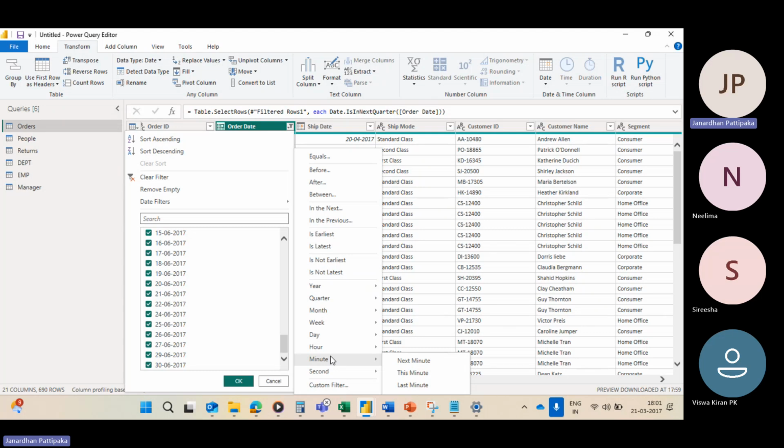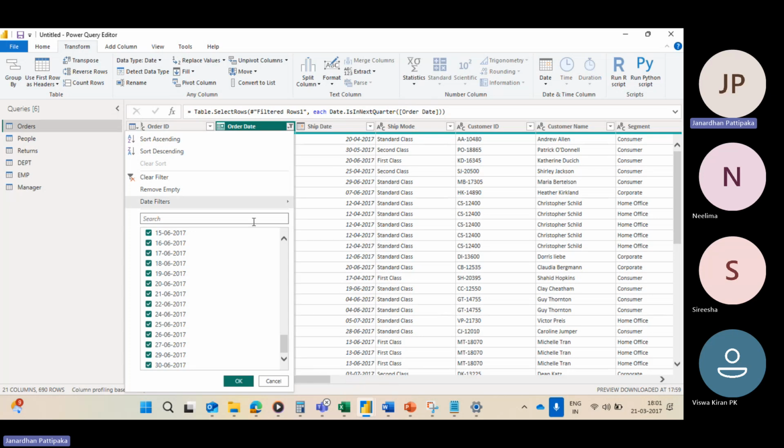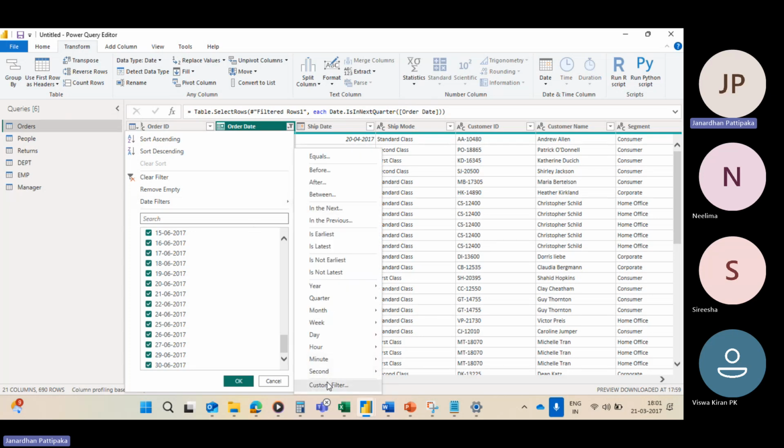This minute how much sales happened, last minute how much happened. In the date filter you can also choose minutes, seconds: next second data, this second how much sales happened, last second how much sales have happened. When you connect to live data, you can do such granular level filters